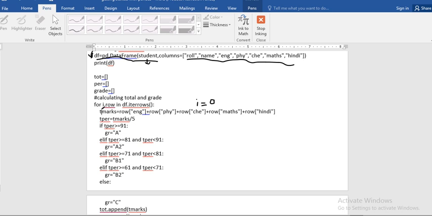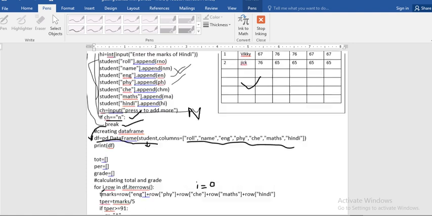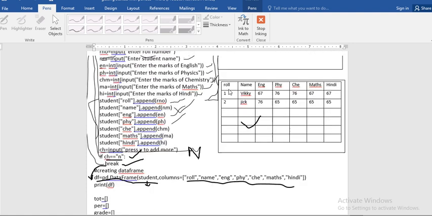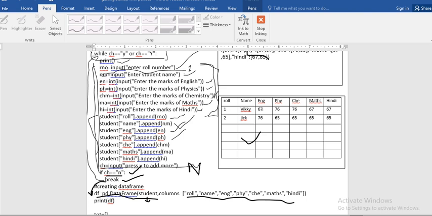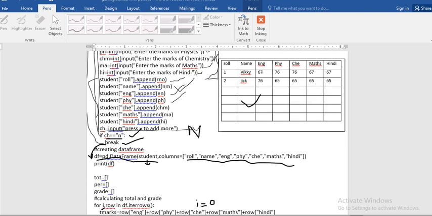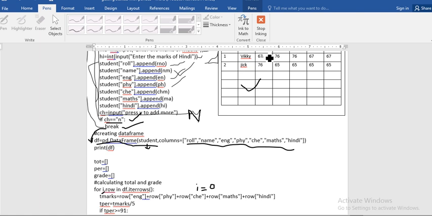See the data frame: this English, and row of physics means this, and row of chemistry this, this and this.